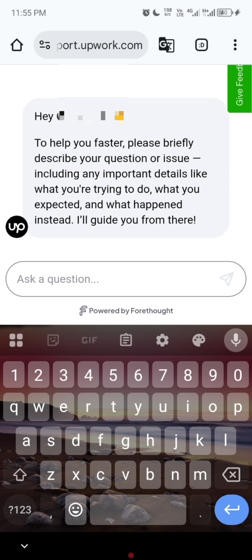you can just go with, I have been trying to verify my Upwork account and I've provided the necessary documents, but the verification is not approved. If there is any other document or requirements you need, I'll be glad to provide, or kindly help me verify my account. Thank you. And once you just send Upwork this, hi Upwork team,